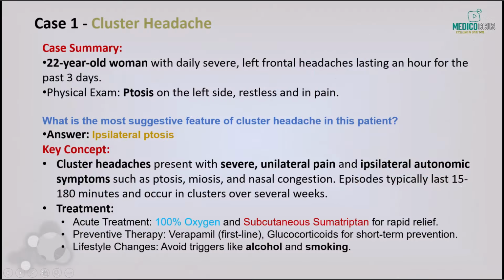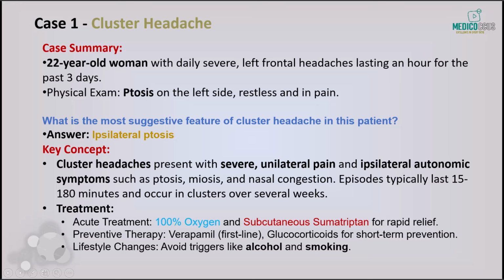In this first case, we have a 22-year-old woman who comes to the emergency department with a severe left frontal headache that has been recurring daily for the past 3 days. Each episode resolves on its own after about an hour, and on physical examination, the patient appears to be in significant pain and has ptosis on the left side. The episodic nature, the unilateral severe pain, and the ipsilateral autonomic symptoms, in this case ptosis, are classic features of